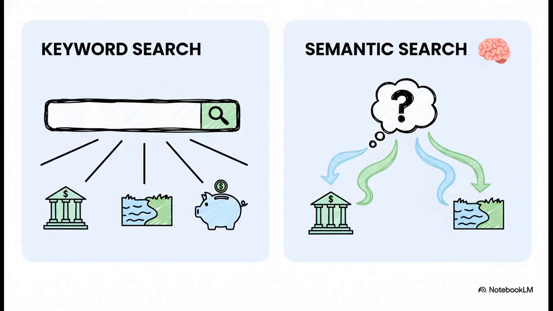So, think about the old way, keyword search. It was super simple, right? You searched for the word bank, and you got a list of results with the exact word bank. But what if you were talking about a riverbank, not a money bank? See, that's where semantic search comes in. It understands the context. It operates in this sort of cloud of related ideas so it can tell the difference between finance and geography. That's the huge leap we're talking about here.